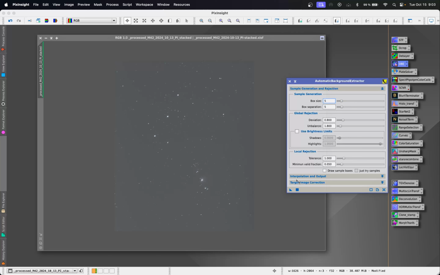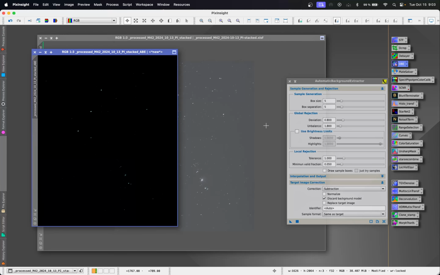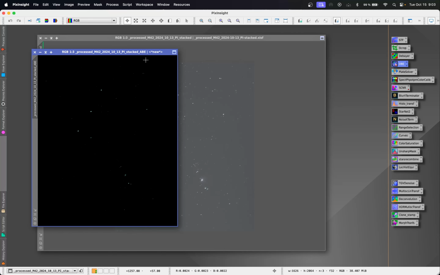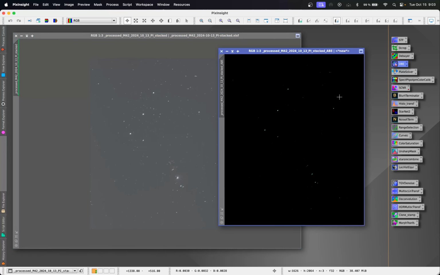You will not change any of those settings. You just go to target image correction, select subtraction, and also select discard background model. Just apply this by drag and drop of this triangle here. Wait a few seconds, and now close this again, and now you would maybe wonder, because this is really dark